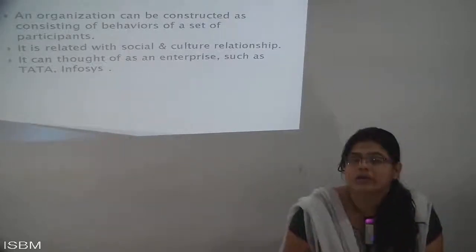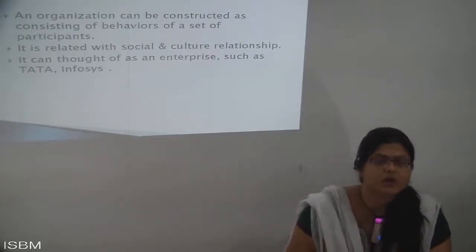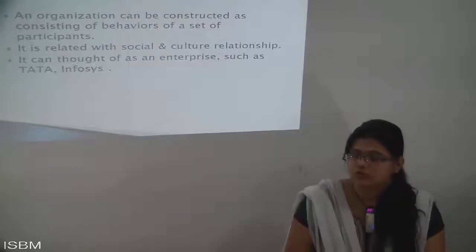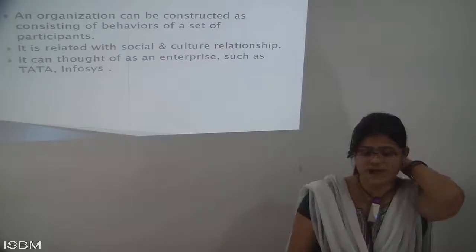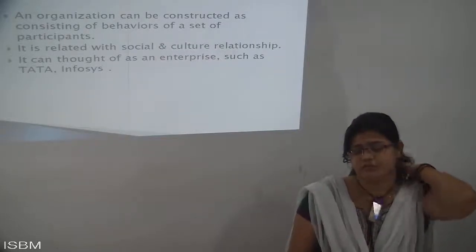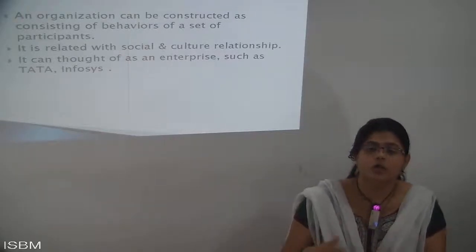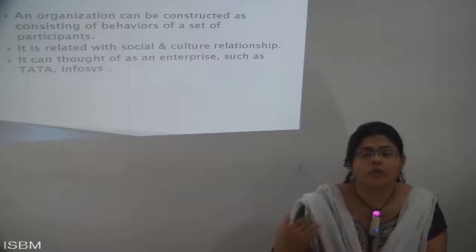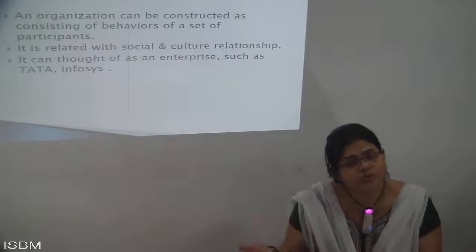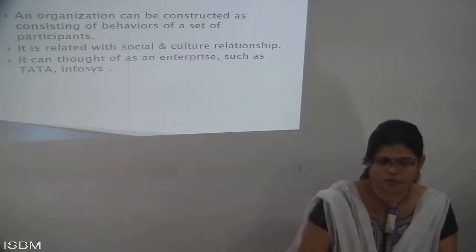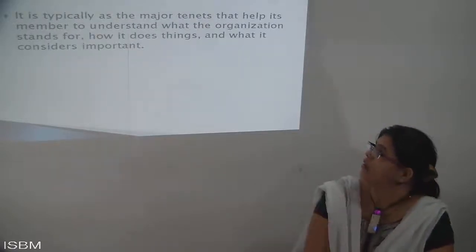That is why an organization is one type of social and cultural way of relations where you build strong relationships. So here it is said to be social and cultural relation. It means you should be very friendly with each and every person, and parallelly you need to follow their culture. You need to follow what is happening in the organization, how I need to behave, how I need to speak with everyone. That is most important. Here I am going to give examples with Tatas and TCS. Next is organization culture.